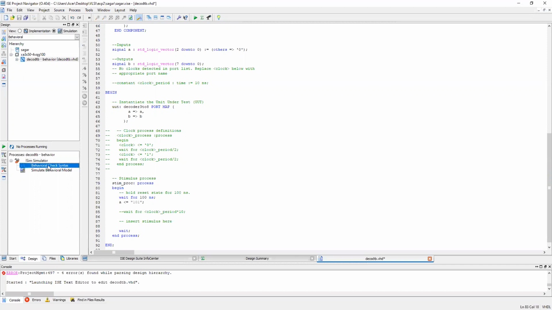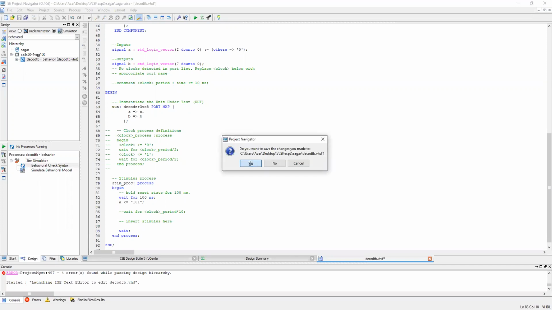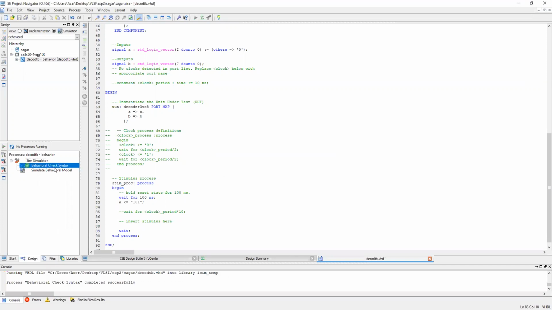Behavioral check syntax. Save, yes. It is okay. Simulate behavioral model. It is clear. This is the output. Okay. This is the 10 nanosecond delay we have given.